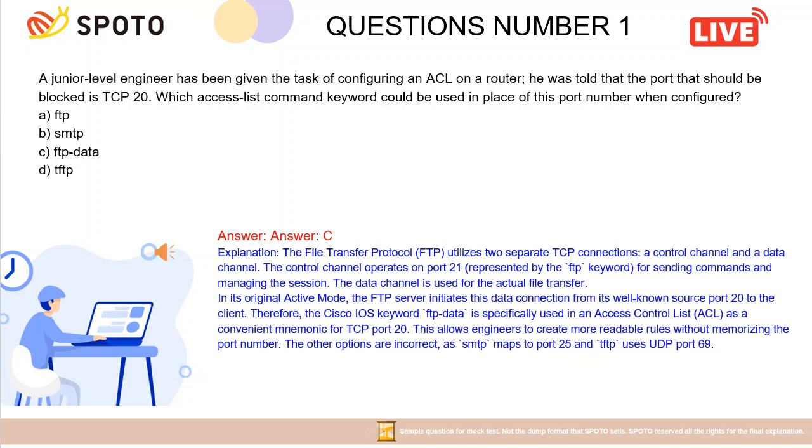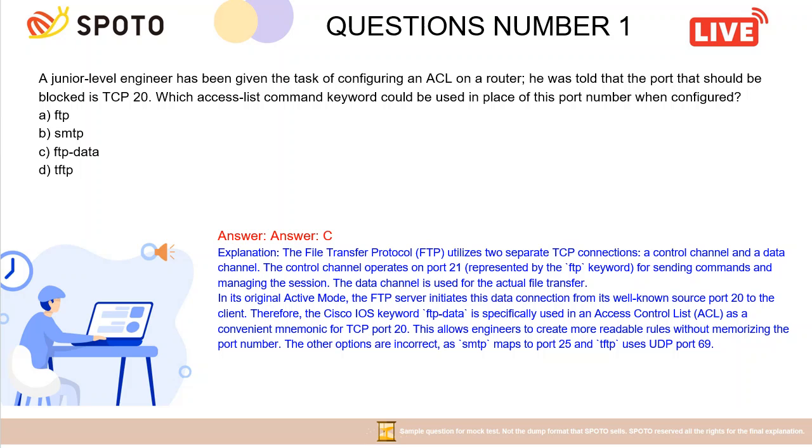Answer, C. The File Transfer Protocol, FTP, utilizes two separate TCP connections, a control channel and a data channel. The control channel operates on port 21, represented by the FTP keyword, for sending commands and managing the session. The data channel is used for the actual file transfer. In its original active mode, the FTP server initiates this data connection from its well-known source port 20 to the